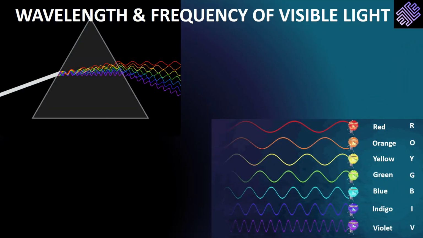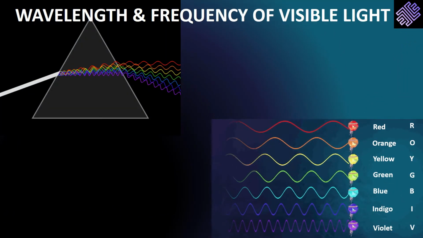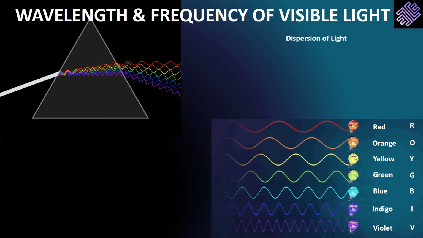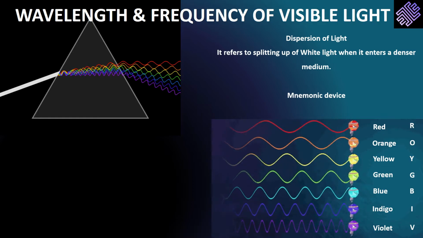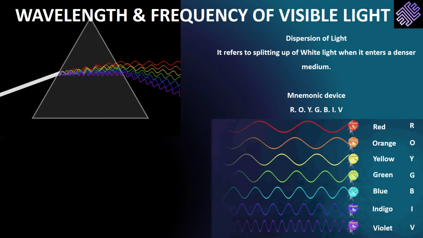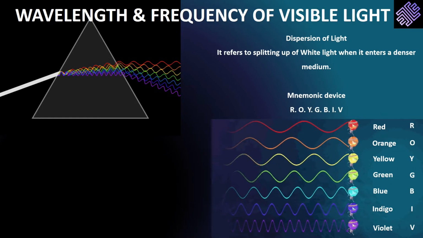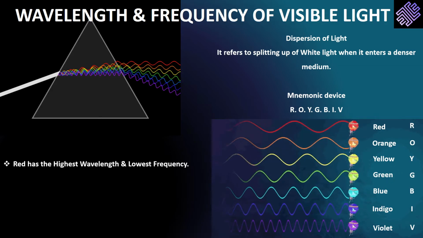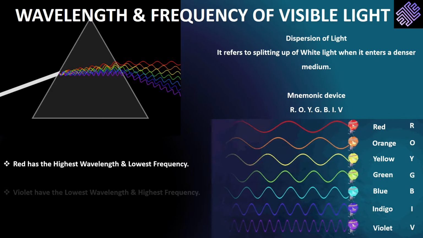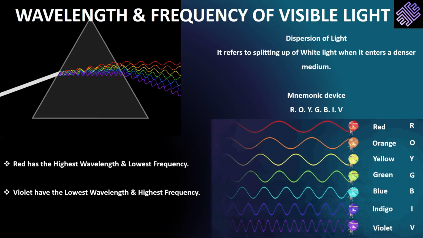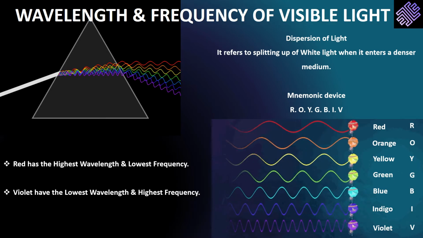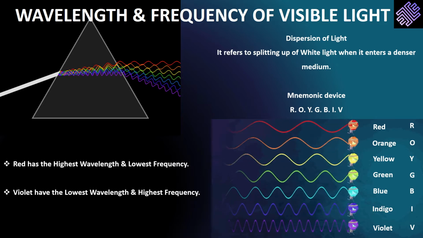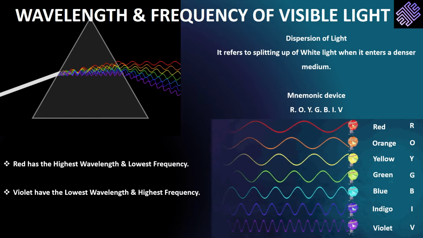We know that when white light enters a glass prism, it splits into a spectrum of colors. The order of this dispersion of light is remembered through the mnemonic device ROY G. BIV, with R for red, O for orange, Y for yellow, G for green, B for blue, I for indigo, and V for violet. Within this spectrum, red has the highest wavelength and lowest frequency, while violet has the shortest